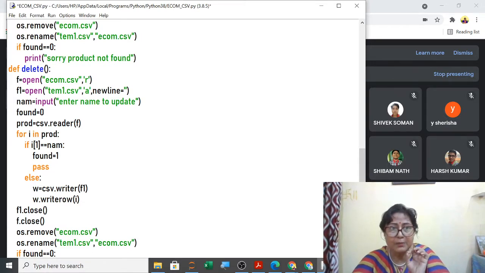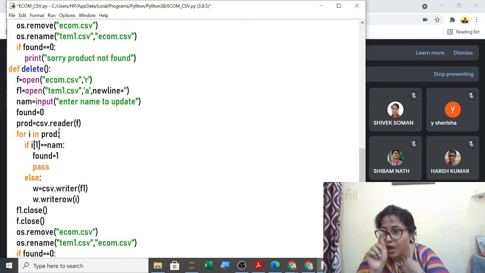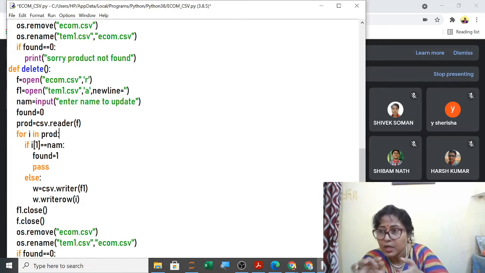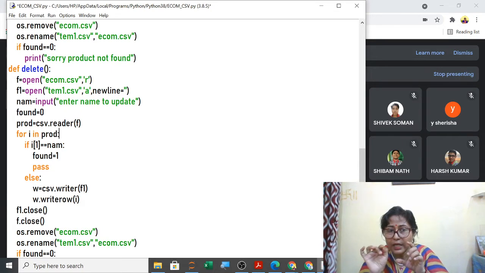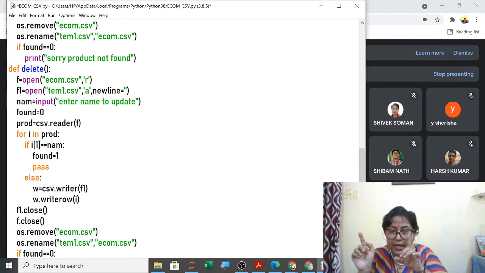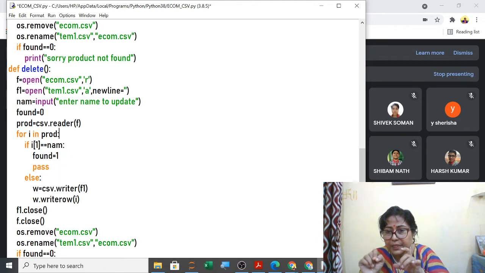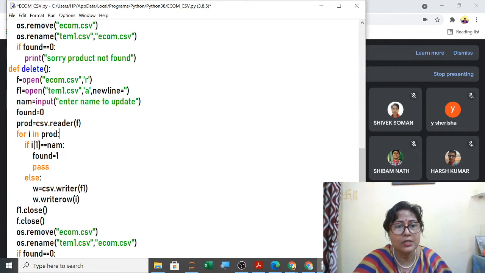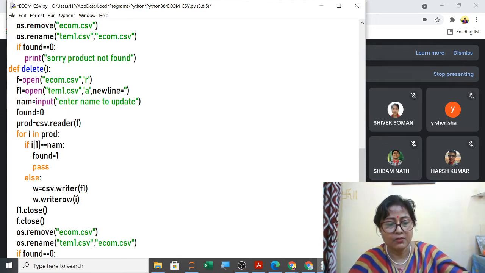Suppose I have taken a string S, and in that you have stored I1, and the first letter should be A. So what you will do, S of 0, the string's first character, and then S of 0 double equals small a or capital A. So you can write small a, capital A, then you can change it. Understood? So like this you can do it. So this was your complete